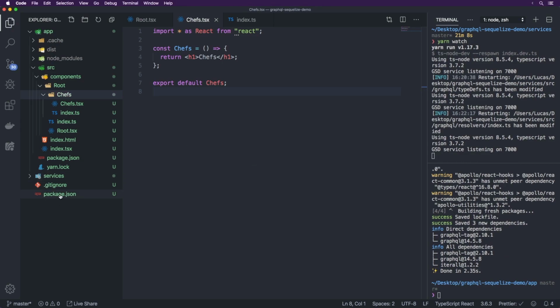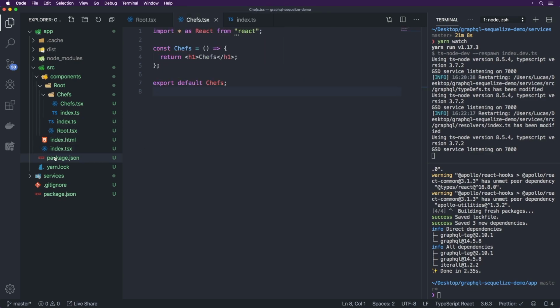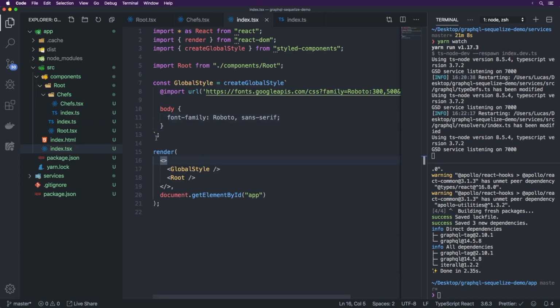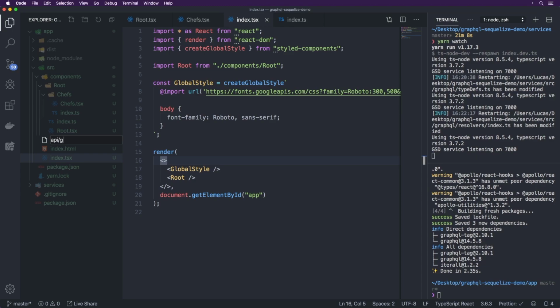So now that we have all of these installed and we look at the package JSON, you notice that we have all of those here, and the React got overwritten again for some reason. But anyways, now let's go into index.tsx here. What we have to do is set up GraphQL at a global level before we can use it inside of a component. So firstly, let's go into src and then create a file called